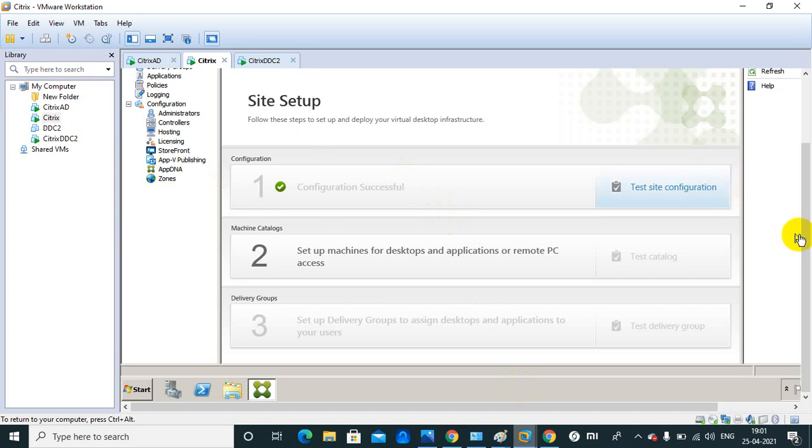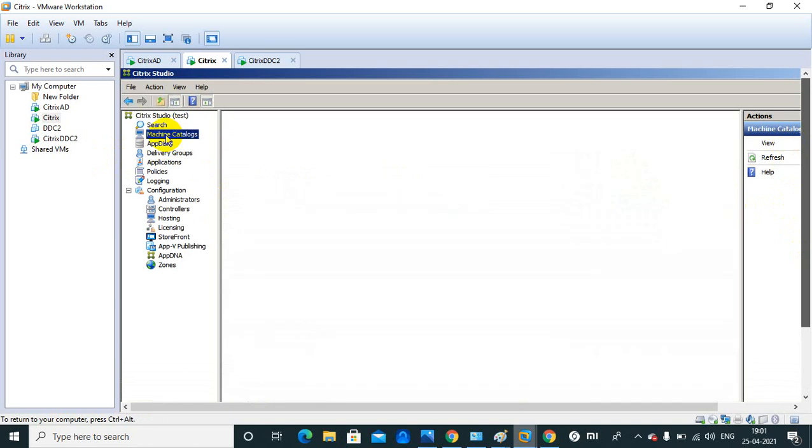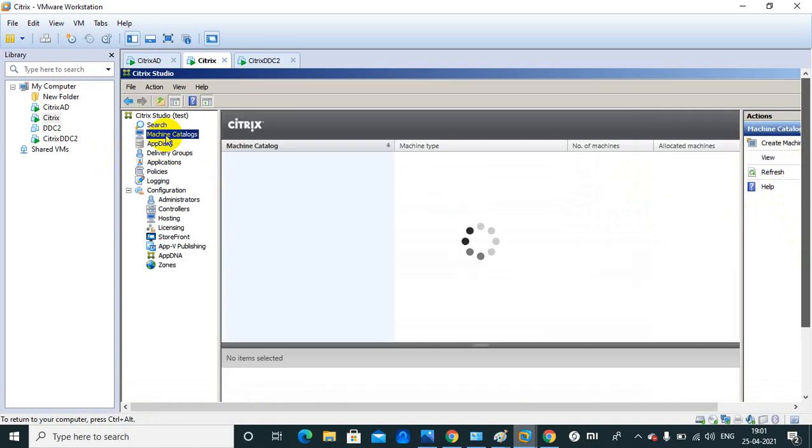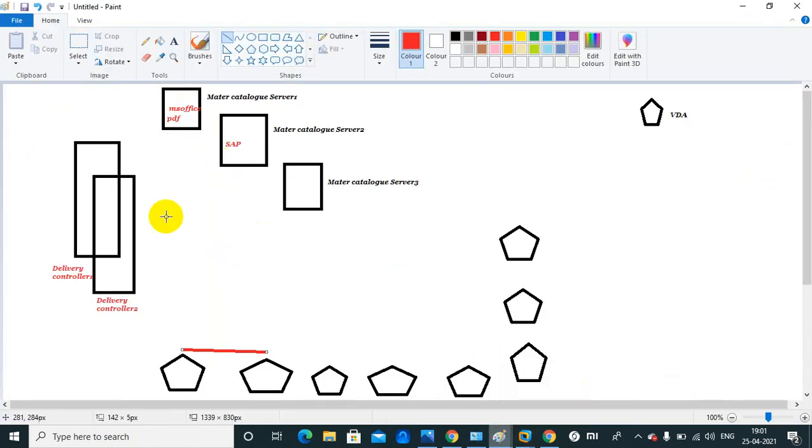Yeah. So here, to create a machine catalog, we need to go to the machine catalog. And what does the machine catalog do? Machine catalog creates a process to create these 2 machines using the master catalog.